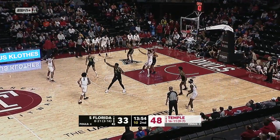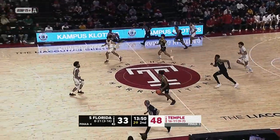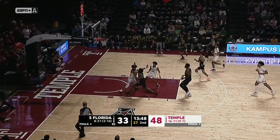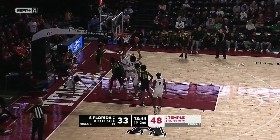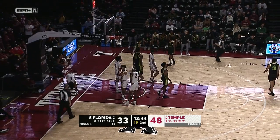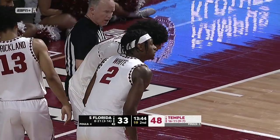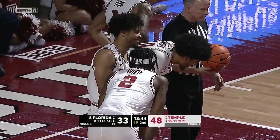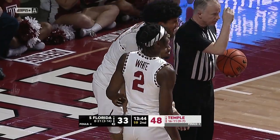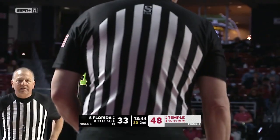Dunn goes to Strickland, back to Dunn. Inside Forrester, poked away. Another turnover for the Owls, number 8. Down at the other end, little crossover move missed by Sam Hines Jr. The rebound, no, but we got a foul called against Temple. Dame Dunn on the end tried to feed Big Jake Forrester, was able to come up with it, and then comes down and gets a foul on the other end of the floor. Jaleel White picked it up, and